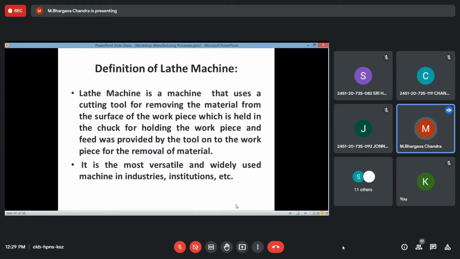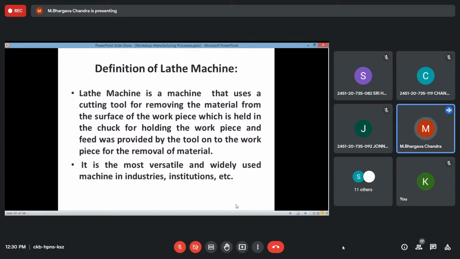So remember, the basic thing that happens on the lathe machine is that the tool post or the machining tool bit will be stationary, whereas the workpiece will be rotating against this particular tool bit. When there is contact between the tool bit and the rotating workpiece, naturally, because of the sharpness of the tool bit and the hardness of the tool material, the surface material of the workpiece that comes into contact with the tool gets removed. This process of removing material is called the machining process.